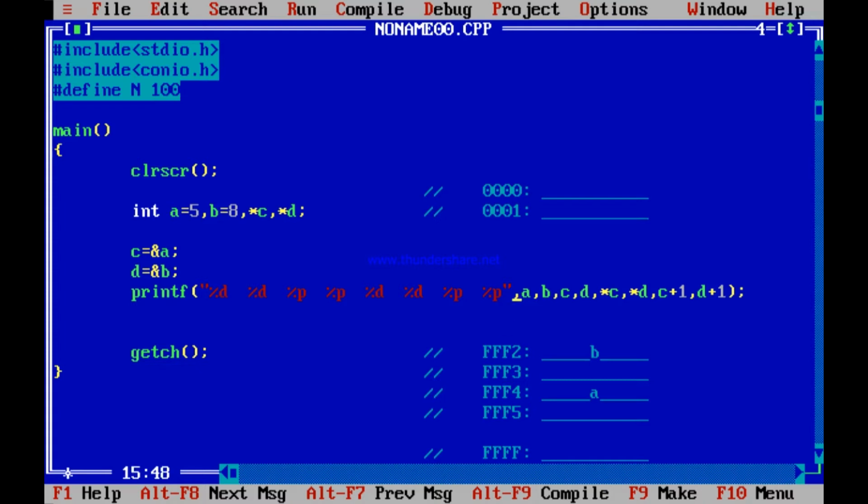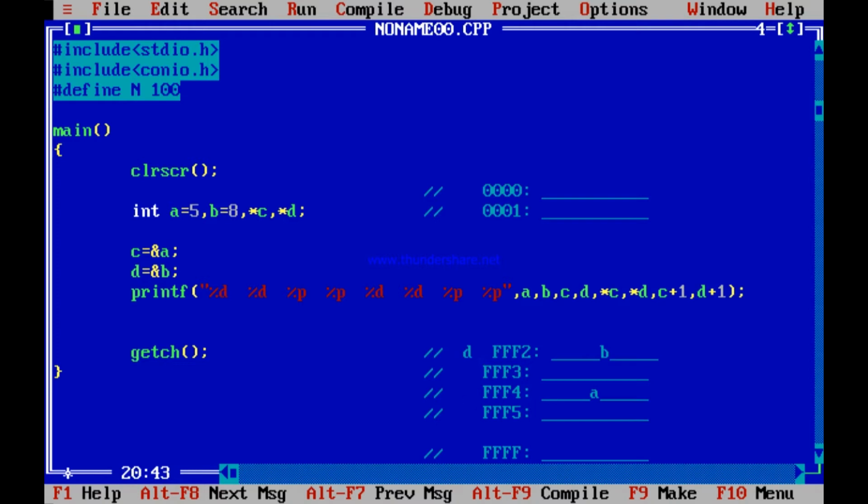Now you check out one interesting thing. If I go for, this was FFF2, was C, just I am writing over here to understand. This was C, C is equal to ampersand, no not C, this is D.